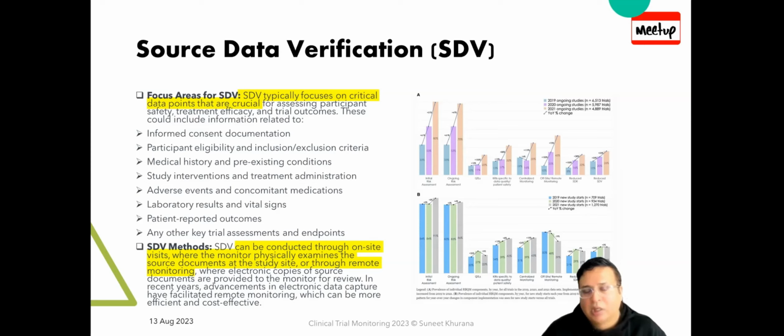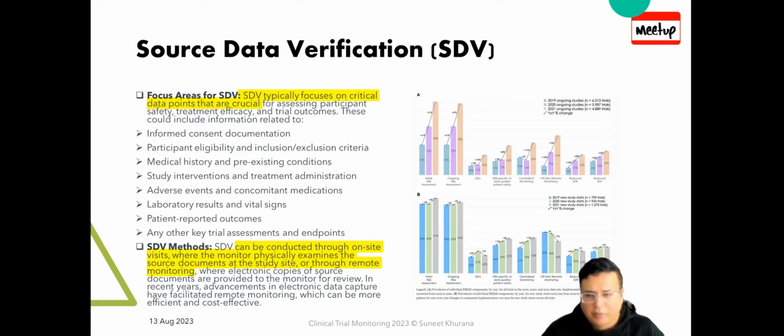It was from a journal article I was looking at, from the Association of Clinical Research Professionals. They were looking at the data and the trends on all the 8 components I just mentioned previously, what's happening in remote monitoring. It's quite a concept that has been around for some time, but in ICH GCP 2, the new edition which came in,